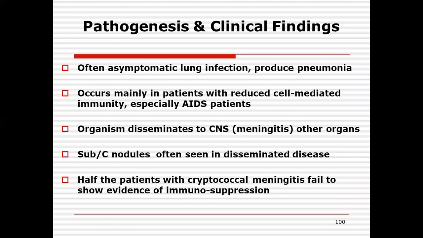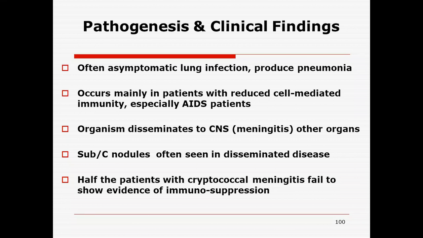Now, the organism can also disseminate to the central nervous system, where it causes meningitis, and it can also go to other organs. So disseminated infection is there. Subcutaneous nodules are often seen in the disseminated disease also. Half of the patients who have cryptococcal meningitis do not show any evidence of immunosuppression. So this means that the immunocompetent, and even to some extent the old age individuals, can also be affected with this